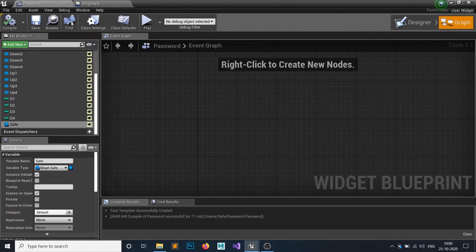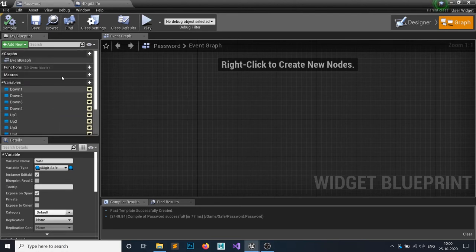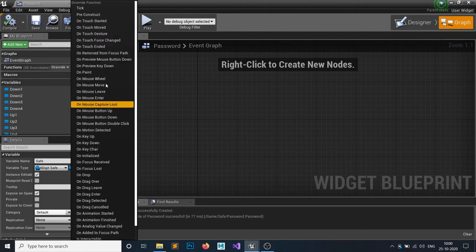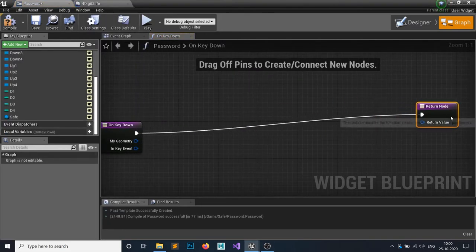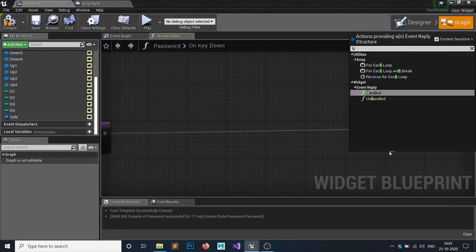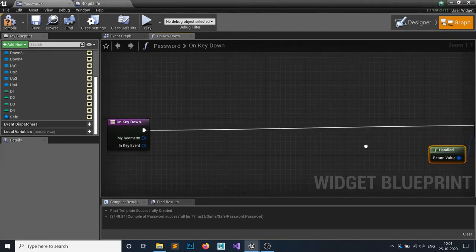But what we want to do, if it's on UI mode and if we want to, let's say, turn back to game, we want to set it back to game. So how are we gonna do that? So let's say whenever we are in UI mode, if we press E, we want to get back to our game. So click on this function called override. You can see the function and the override. This will override all the functions. So on key down, this one, and make sure you return value is handled, so it won't iterate everything.